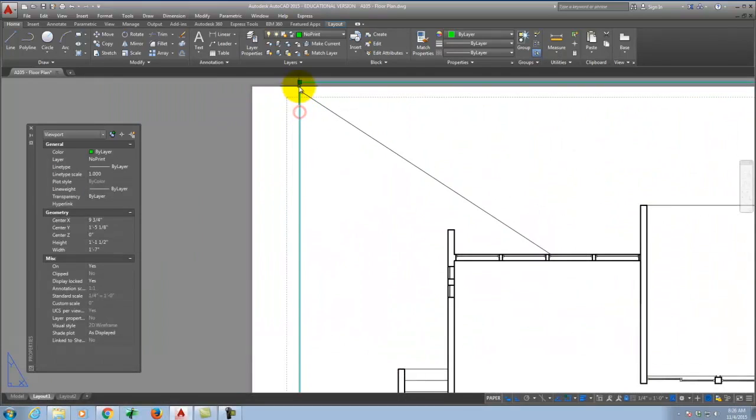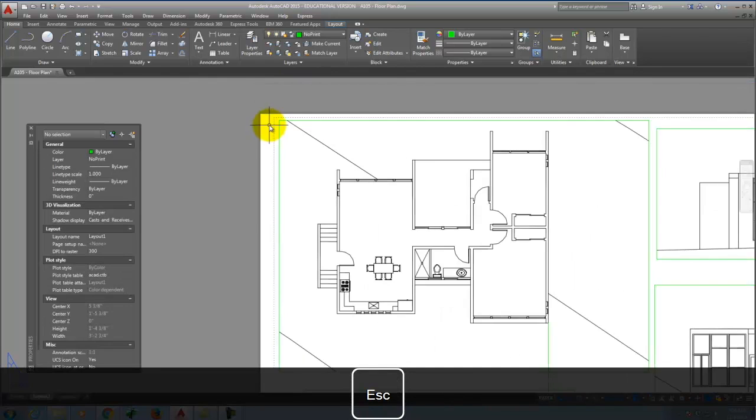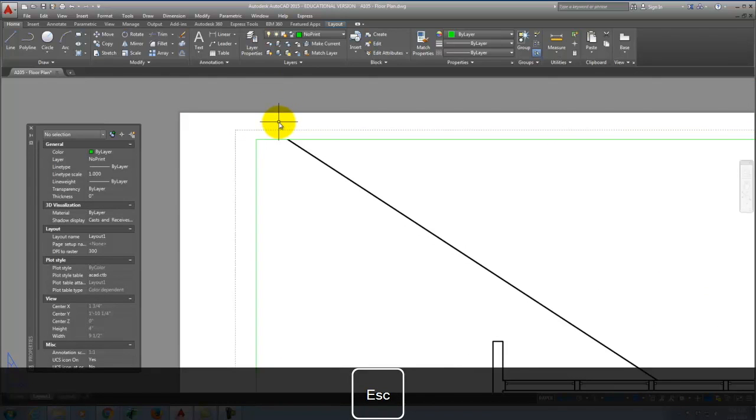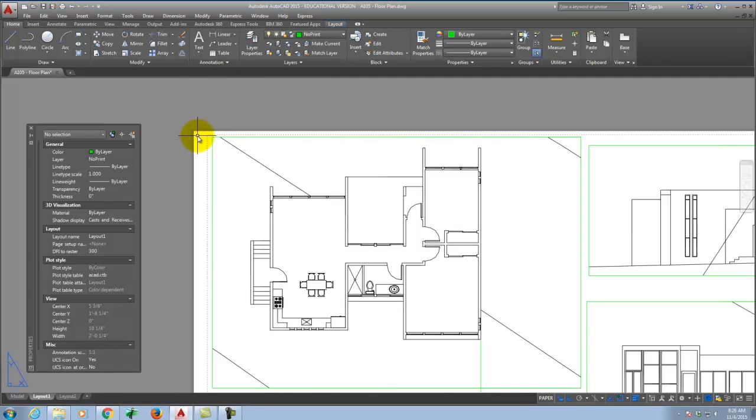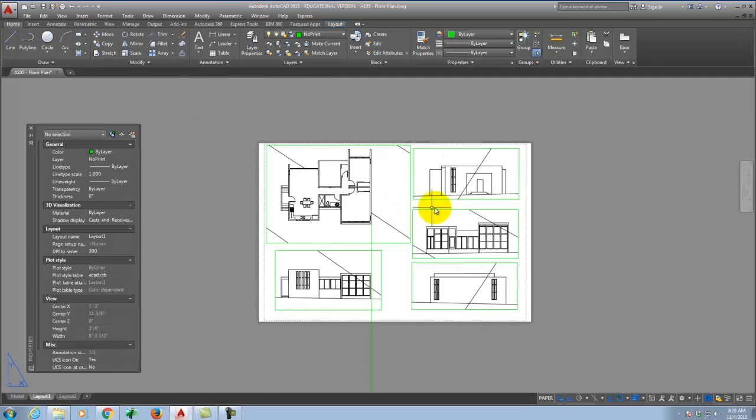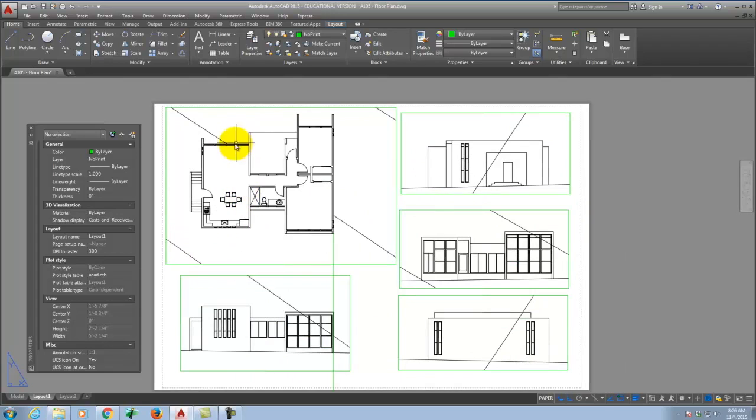The dotted line that's showing up here is kind of a safe line for anything inside that dotted line is probably printable by most plotters. Right? It is arbitrary, it depends on the plotter, but it gives us a general guide for what's available. Okay, so I have this set up where I have my main floor plan and I have each of my